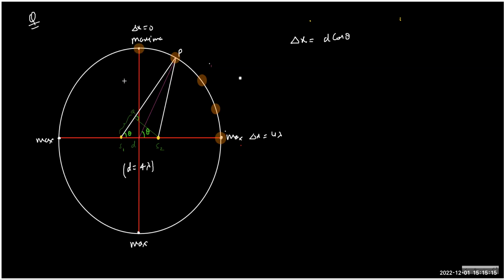Yes, sir. So including all the 4 quadrants we have 12 maxima, and the 4 vertices, that is 16 maxima I can see. Yes, sir. 3, 3, 3, 3, 12, and then 1, 2, 3, 4. So 12 plus 4 is 16 maxima in total we have. So anyway, for the maxima,